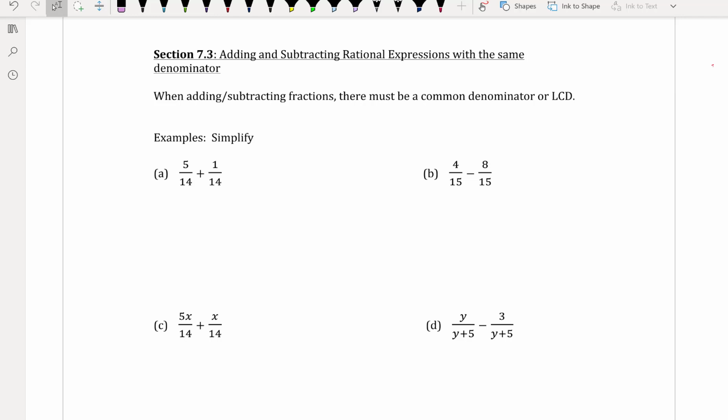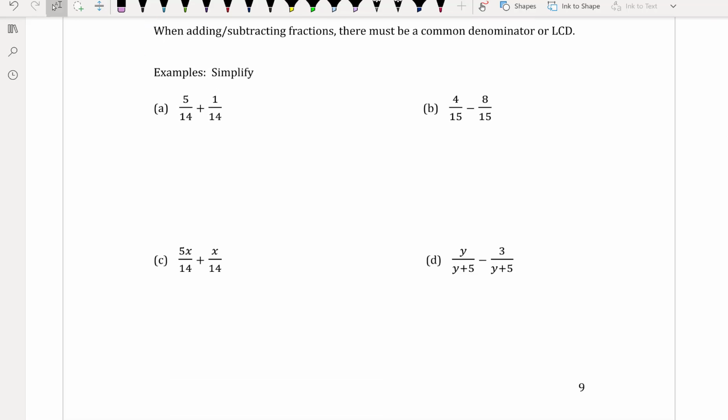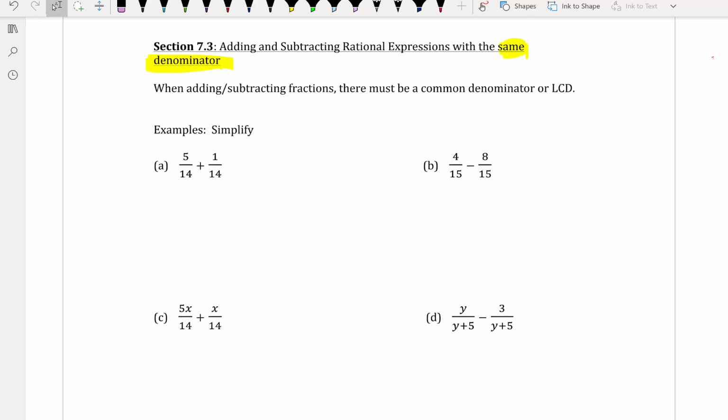So for now, we will continue with section 7.3, which is adding and subtracting rational expressions with the same denominator. For the same denominator, we have different rules than when the denominators are different. So please make sure that you understand that these are fractions with the same denominator. When it has the same denominator, what we do is we just add or subtract the numerators and you leave